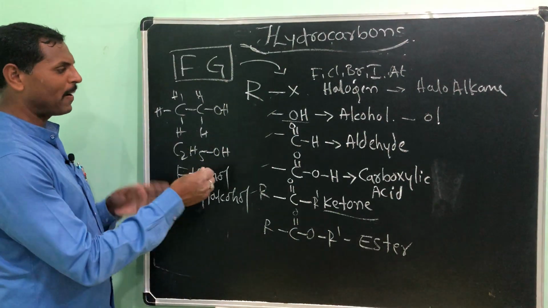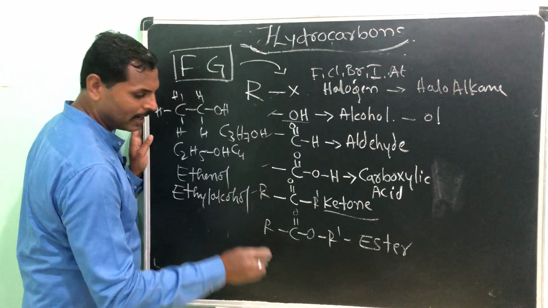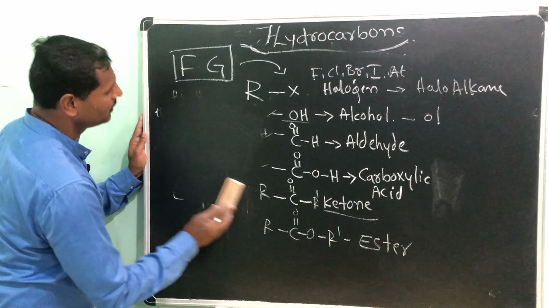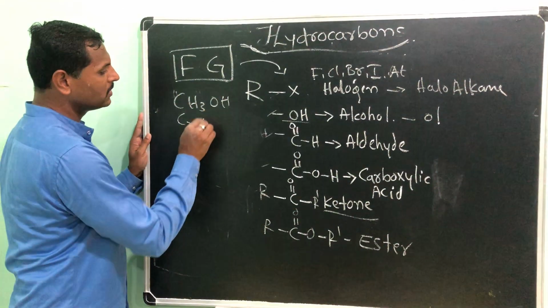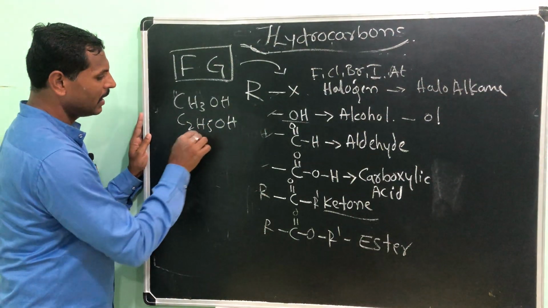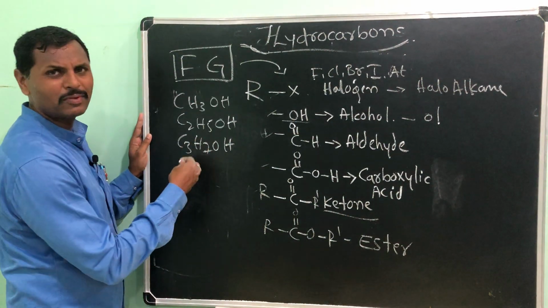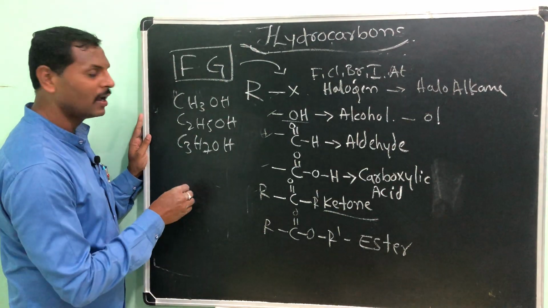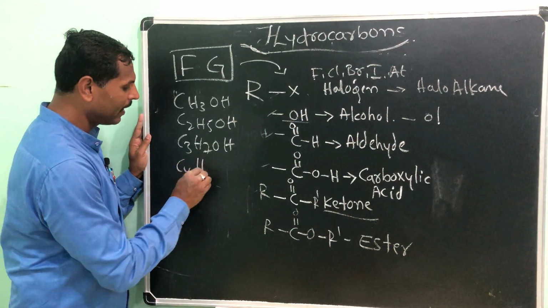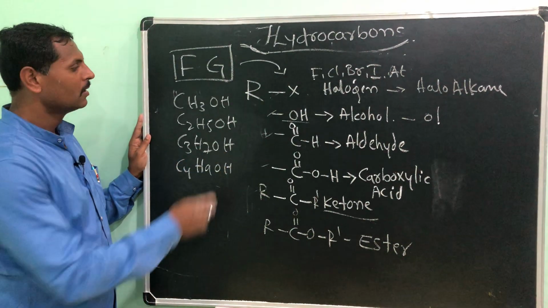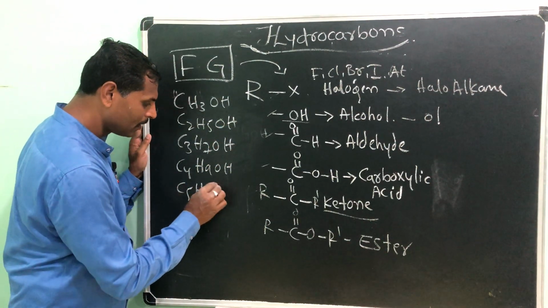Like that you can take a propyl alcohol like this, C3H7OH, butyl alcohol, right? So CH3OH, C2H5OH, C3H7OH. Write the structural formula for this, very simple. Simply single bond between the carbon and carbon atoms, simply adjust the hydrogen and satisfy all the carbon atoms. C4H9OH, methanol, ethanol, propanol, butanol, pentanol.